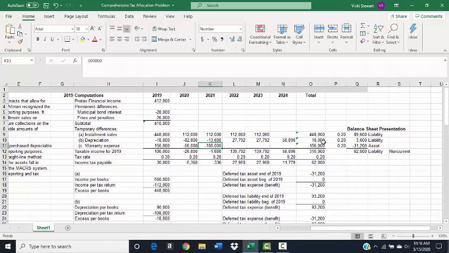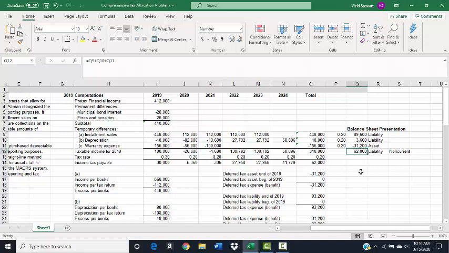So this is going to result in a future deductible amount of $156,000, which when we multiply it by the tax rate will give us a deferred tax asset of $31,200 for 2019. So I'm first going to talk to you about what is going to be the balance sheet